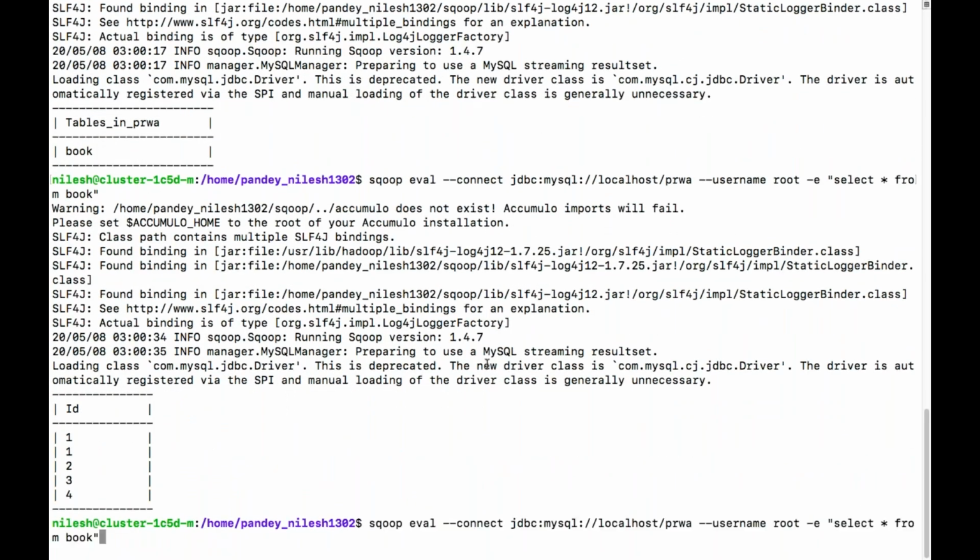This is the data. If you want to delete something, you can delete the record, or if you want to update it, you can update it. So eval will provide that option. Now suppose eval is done, export is done. Before going to the Hive side, let's see import all tables. Import all tables means if I have multiple tables here